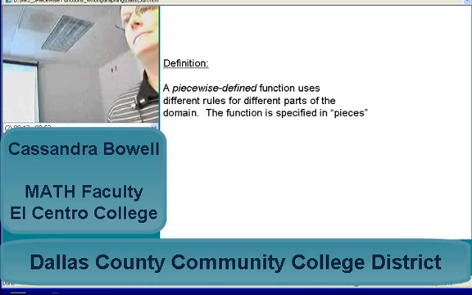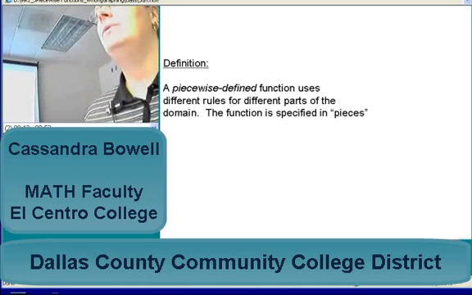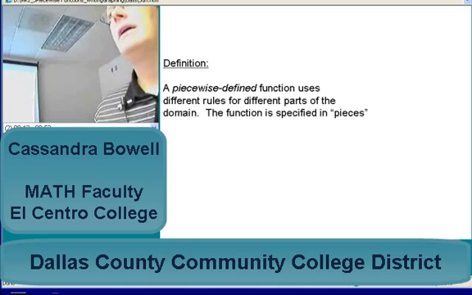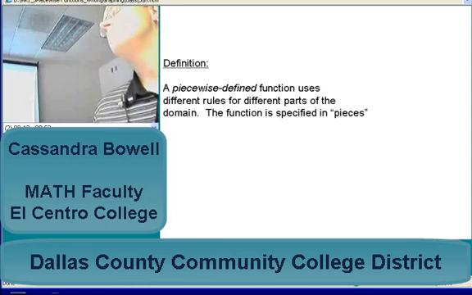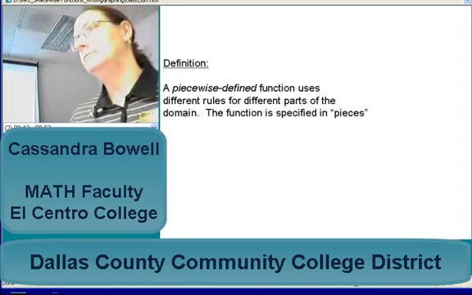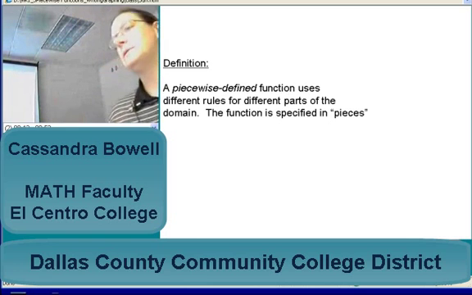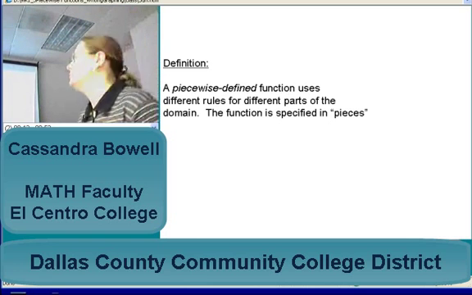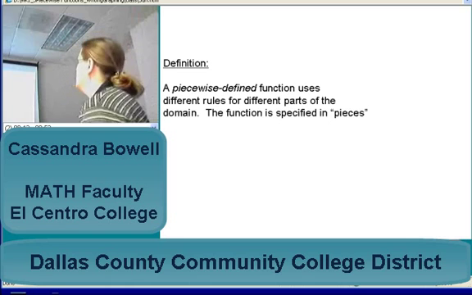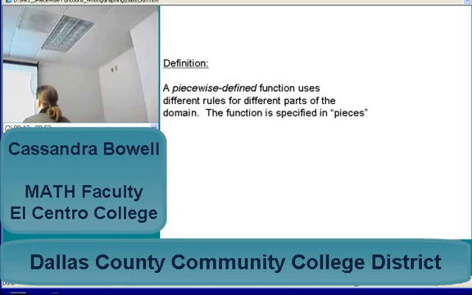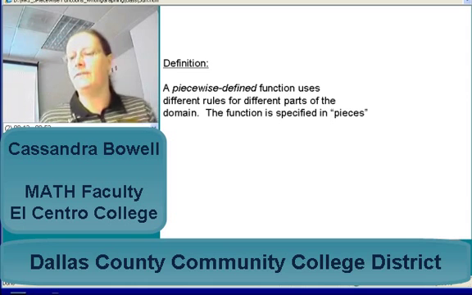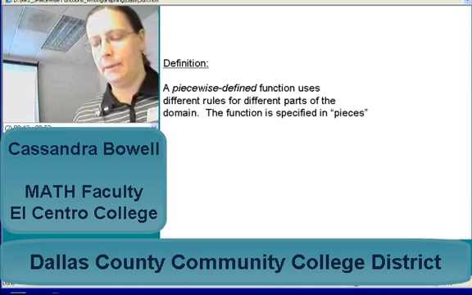A equals PRT, what was that relevant to? That sounds like a simple interest formula. The amount in your account after a year of interest is principal times the rate times the time, if it's simple interest. In other words, piecewise defined is something where we're defining the function in separate pieces. We have different rules for different parts of the domain.